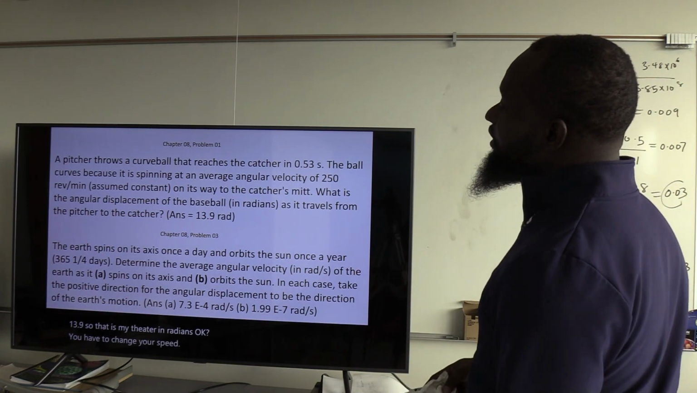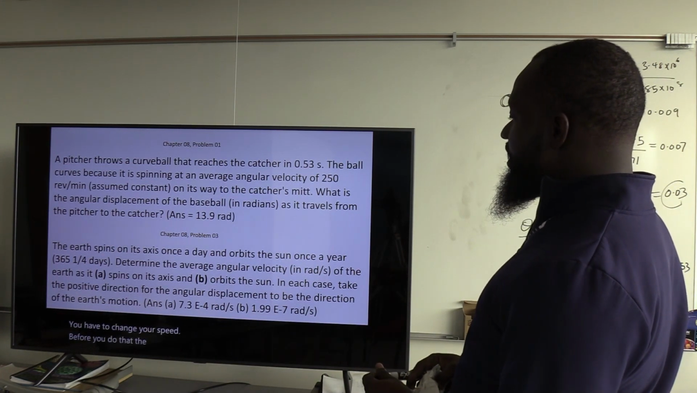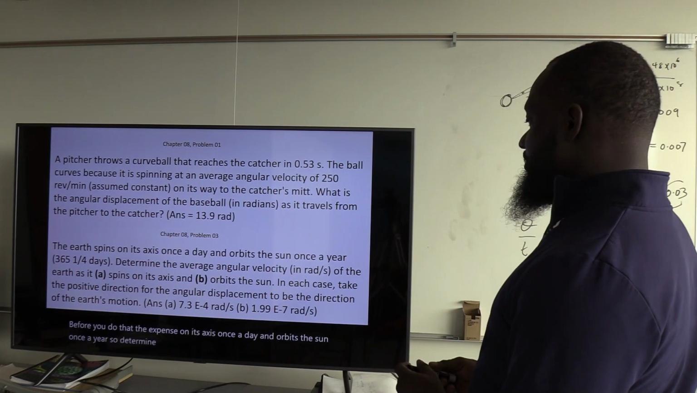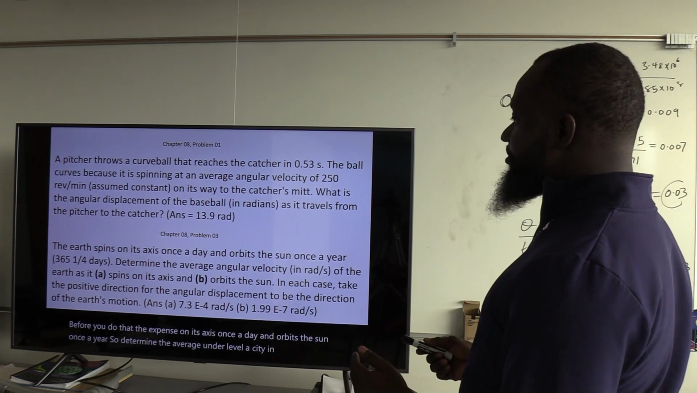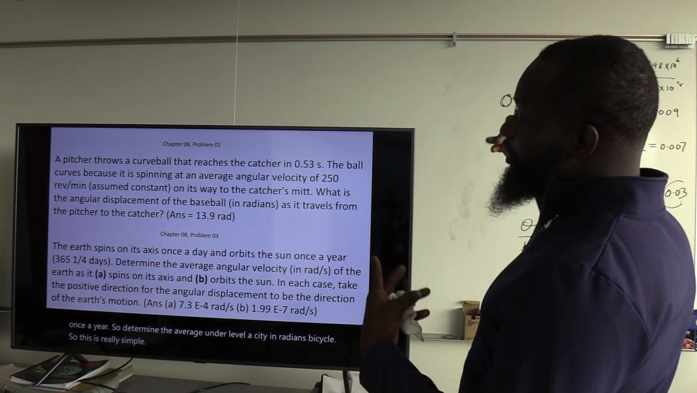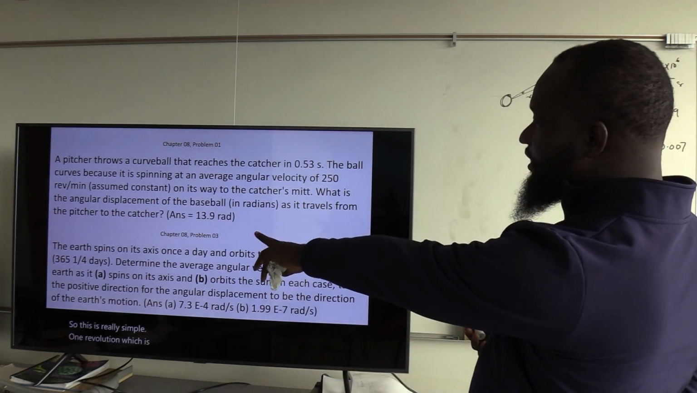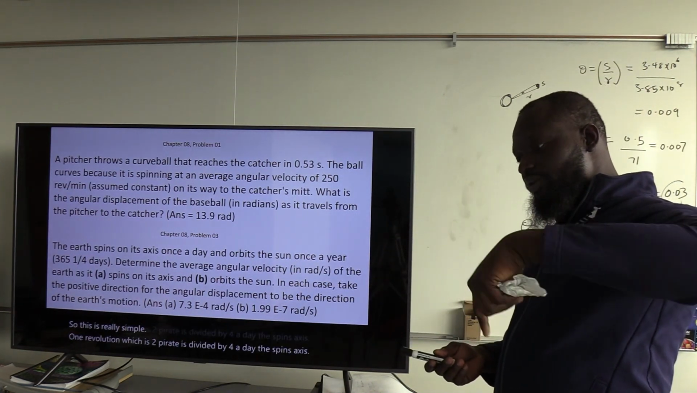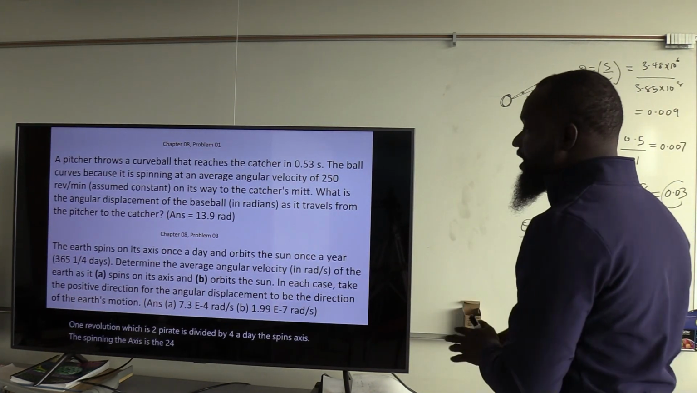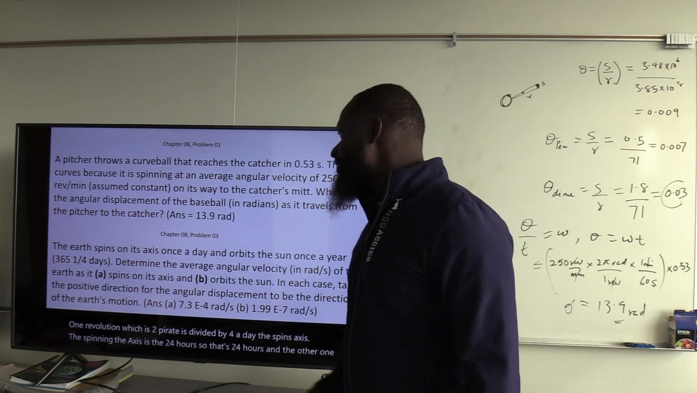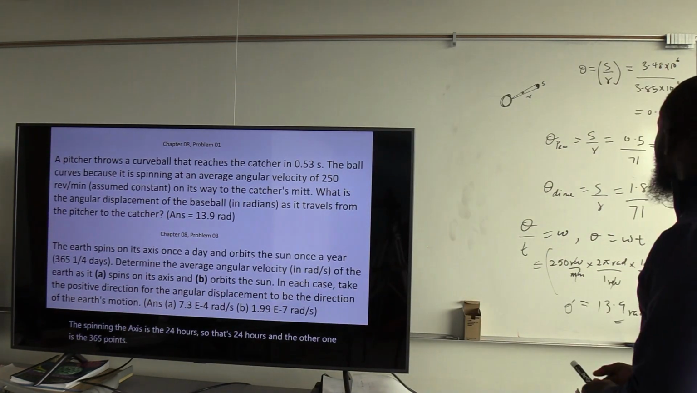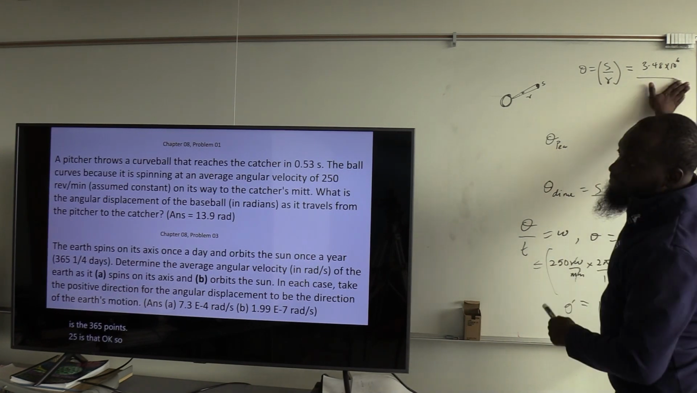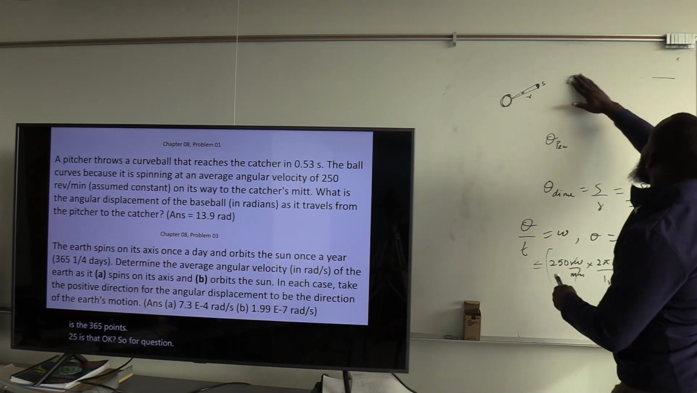The Earth spins on its axis once a day and orbits the Sun once a year. So determine the average angular velocity in radians per second. So this is really simple. 1 revolution, which is 2 pi radians, divided by, for a day, the spin on its axis, 24 hours. And the other one is 365.25. Is that okay? So for chapter 8, problem 3,